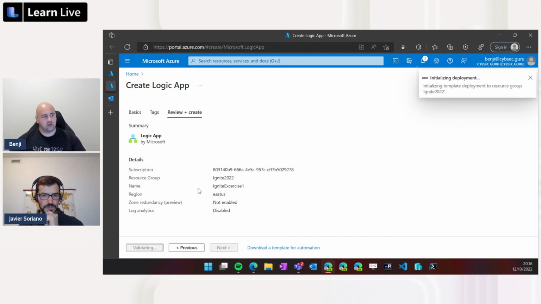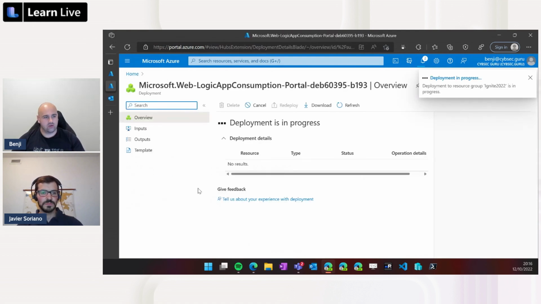Clicking on Create, it will initialize the deployment of our logic app in the background, where the system is now working on creating and deploying this specific logic app inside of our resource group. So this will go through the whole process. So initializing, submitting, creating the playbook, and soon we will be able to see our playbook created, and we will be able to start working on this playbook.